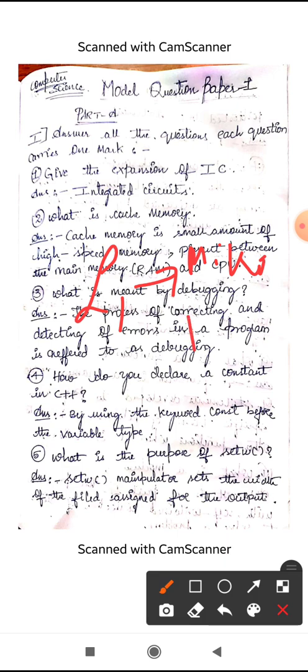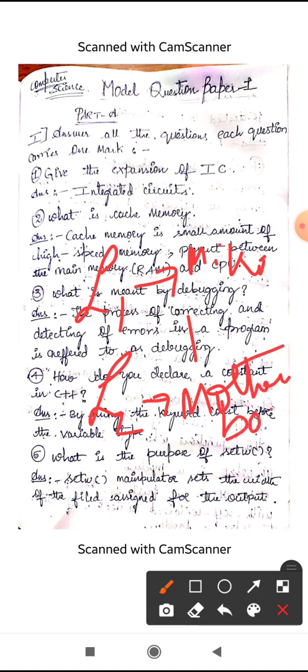So on that microprocessor, L1 cache will be present. Where is this L2 cache memory present? L2 cache memory is present on the motherboard.